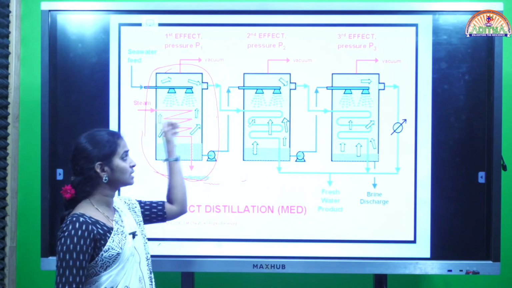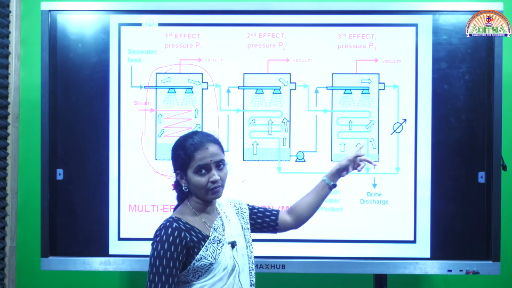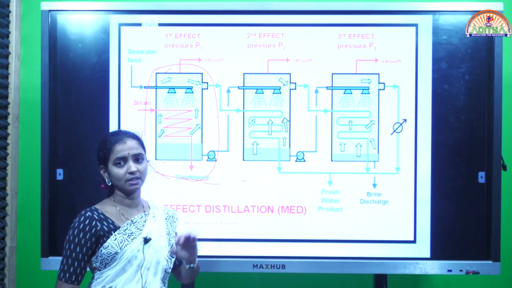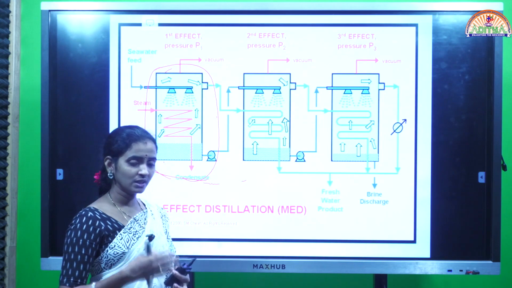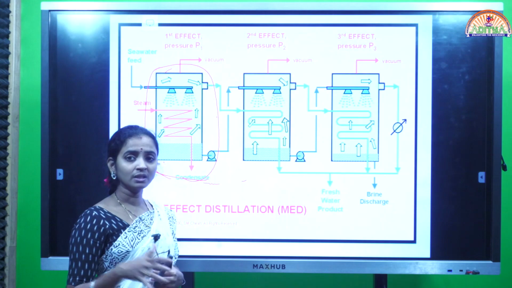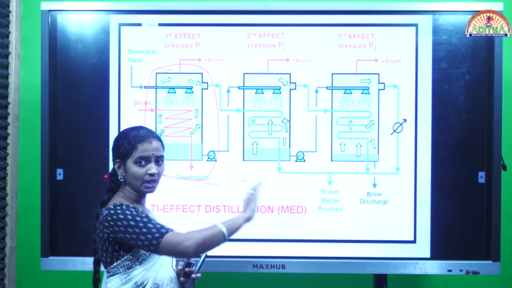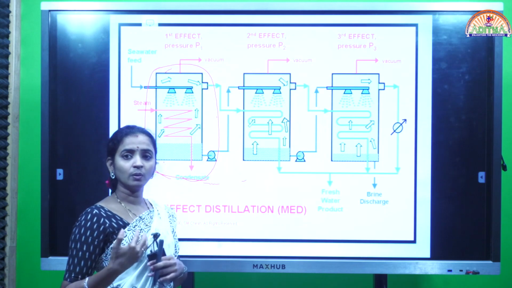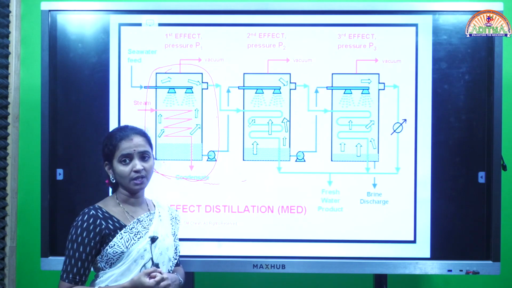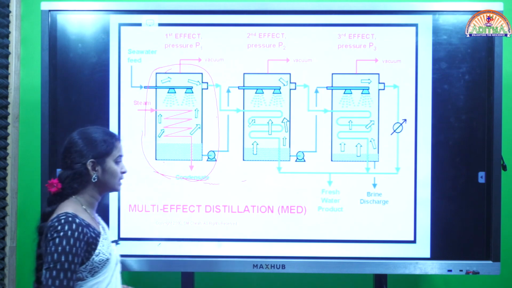This is one distillation still. In the same way, 1, 2, 3, 4, 5, 6, 7, up to 7 stills we can connect serially. What is the purpose of connecting them serially? Nothing but to achieve a continuous procedure, so that from one step to another it will continue. Then we can avoid the batch process, and time consumption and energy consumption, everything will be better. That's why we connect them serially like this.